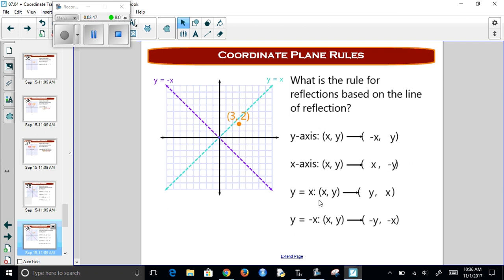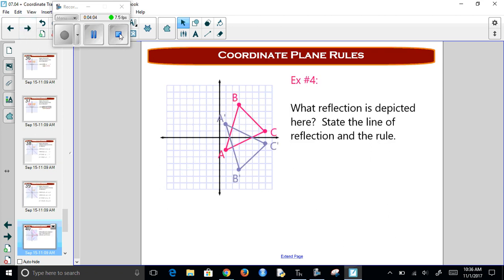Now, there's a couple other rules for y = x and y = -x. For y = x, we just switch the x and the y. For y = -x, we did that, but we also made them negative as well. All right, now from here on out, I think you can do the rest of the